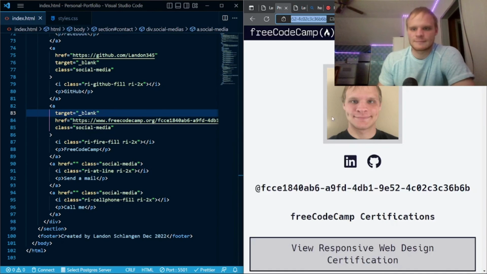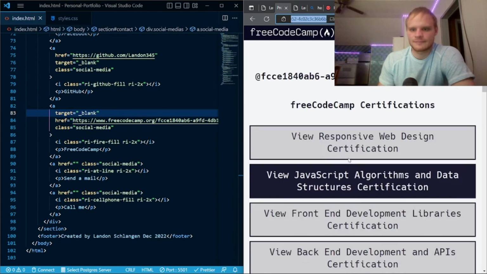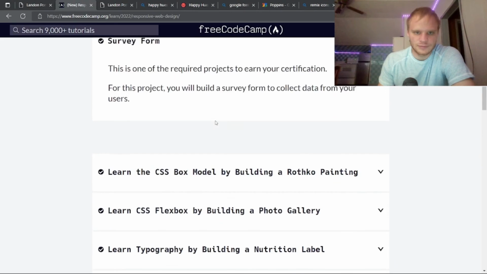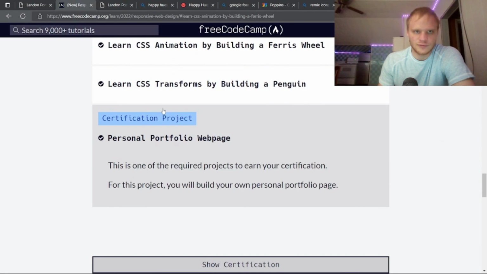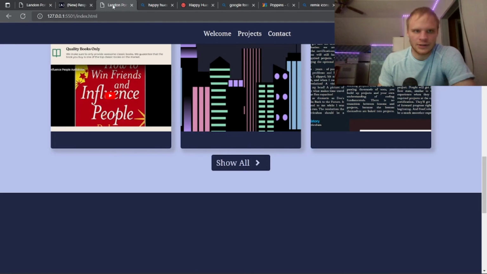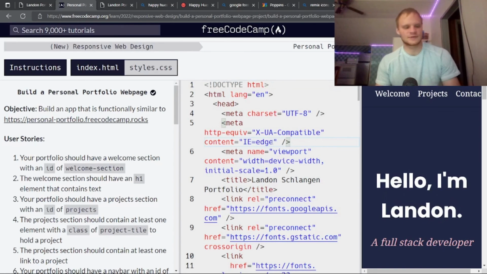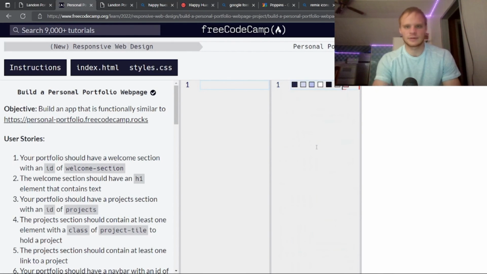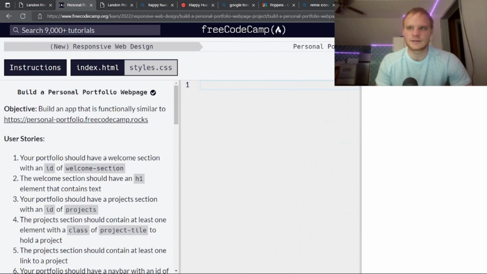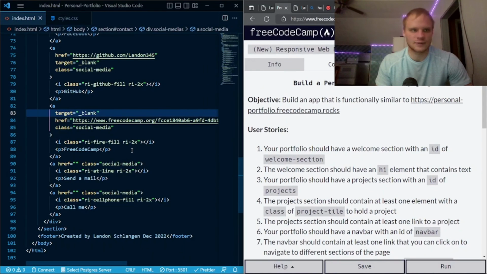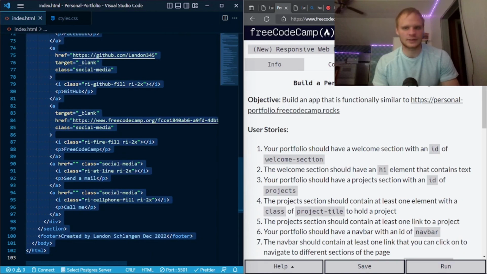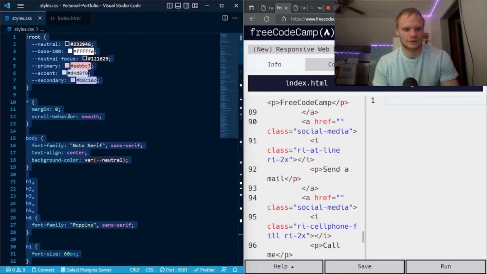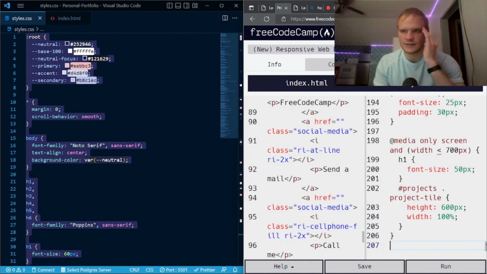All we have to do is throw it into our page. So personal portfolio web page here. Actually, it has all of this from last time I did it. So I'm gonna repaste it just to make sure that I have everything right. So we're gonna do that, and then we're gonna grab our index.html, all this, copy, put it inside of our code here, styles, grab all this, copy, paste,